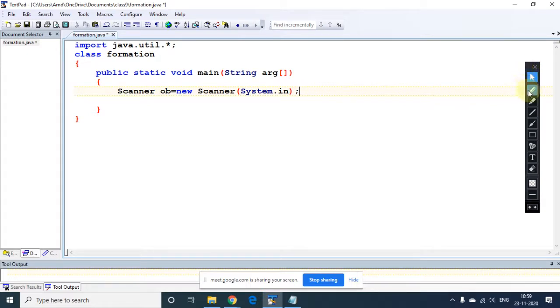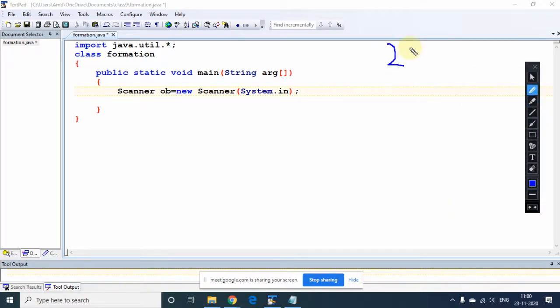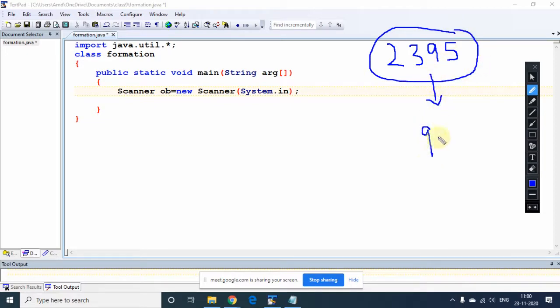Yes, sir. Excuse me. So the last question was, we were supposed to enter a number like 2395, and what we are supposed to generate is the largest number having all the digits, or you can say the existing digits, whatever you are having in the existing number.